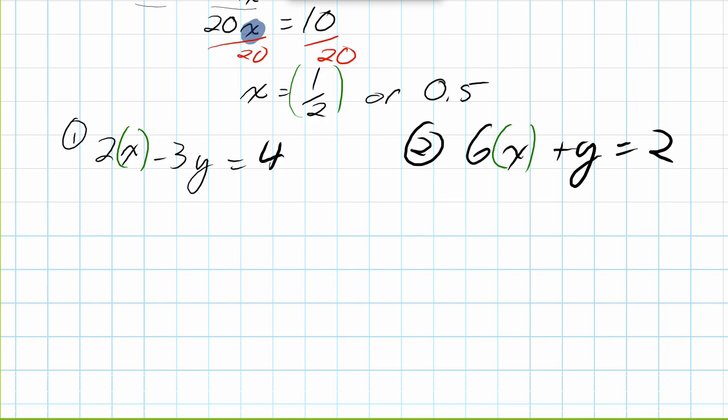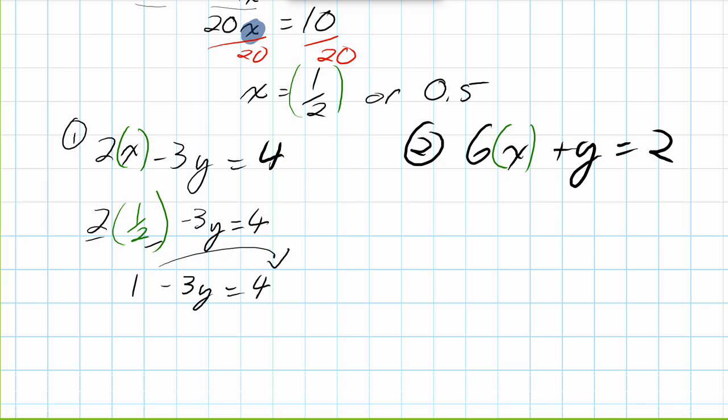So just to show, and this again is still substitution, we're going to substitute that value in and see what we get as a y value. So here we'll have 2 times 1/2 minus 3y equals 4. Okay, and I'll do the whole equation 1 first, and then we'll go to equation 2. 2 times 1/2 really nicely becomes 1 minus 3y equals 4. When I move that 1 to the other side, I'm going to get negative 3y is equal to 4